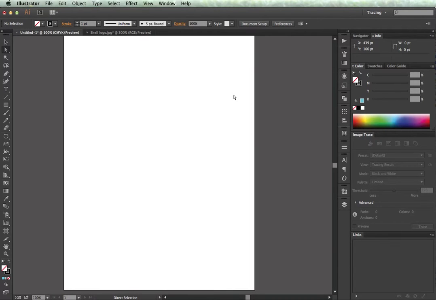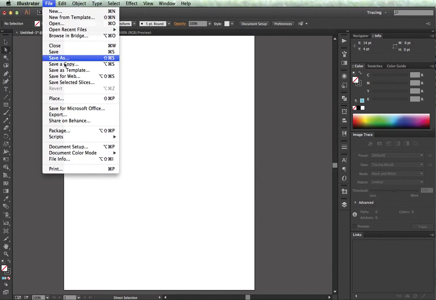Now for this exercise, we're going to take an existing raster image, bring it into Illustrator, put it on a layer. Maybe we can turn down its opacity a bit, and then we'll create a new layer so that we can draw with our pen tool on top of it. So to start with, I'm just going to go up to File, Place,